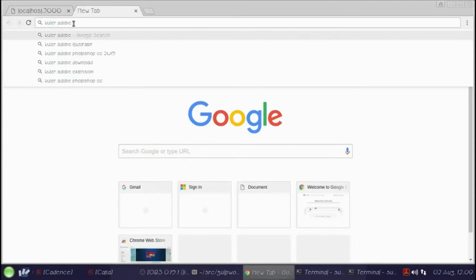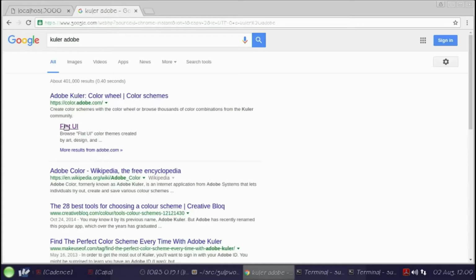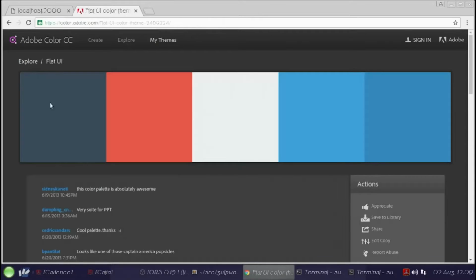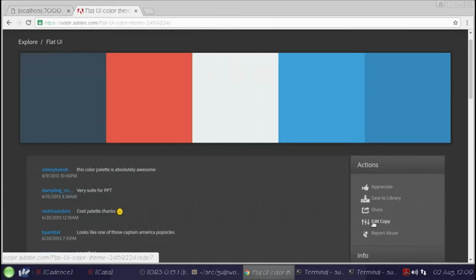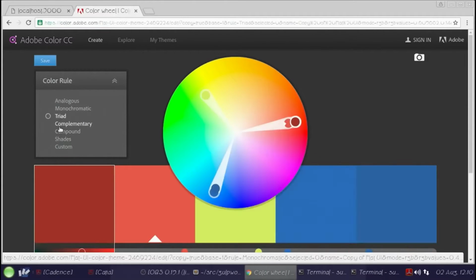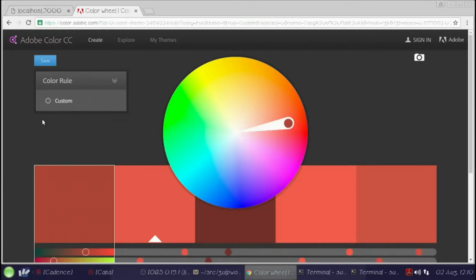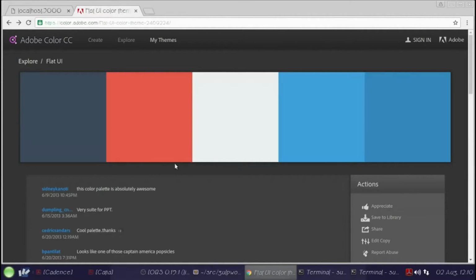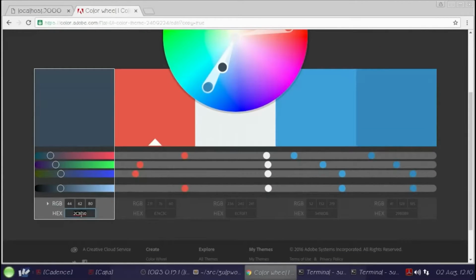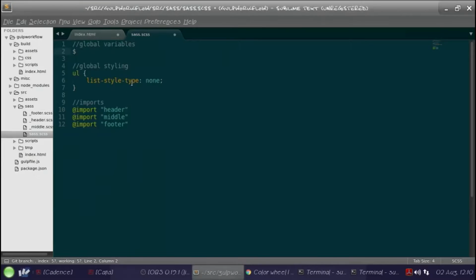Adobe Color I use. There are a number of these different color theming websites, and there are community created color schemes that are based upon color theory, and color theory uses a color wheel to come up with different complementary and different shades of these different colors. Let's just go back, and then I'm going to take these different colors and I'm going to put them in here. So I'm going to put that's dark blue,